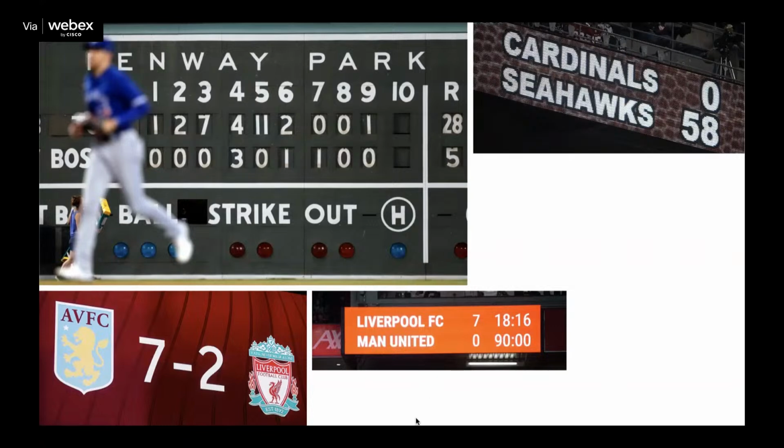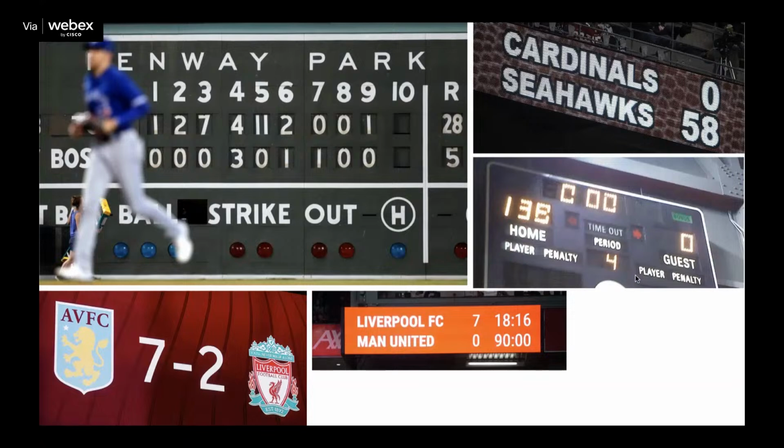Does anybody remember when this happened? When the Seahawks beat the Cardinals 58-0? That's like something else. And then the final one, which is totally ridiculous, was an indoor football game between, I think, Erie and someone else, Chattanooga or something. But Erie beat them 38-0. So what's the point here?